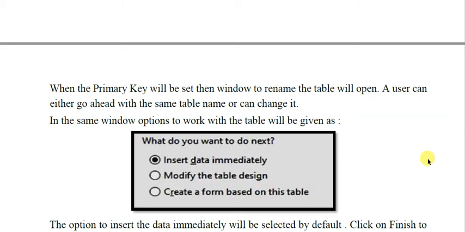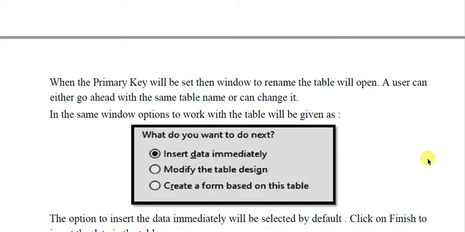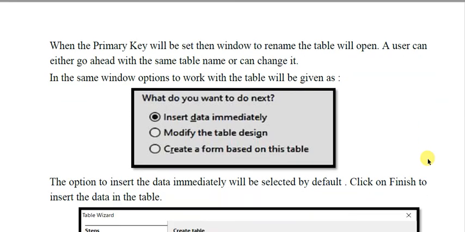In the same window, options to work with the table will be given. These will be the options to put the data. The options are insert data immediately. If you have completed your table design, then you can insert the data, or if you want to modify it, you can modify the table design, or you want to create a front end, that is a form.